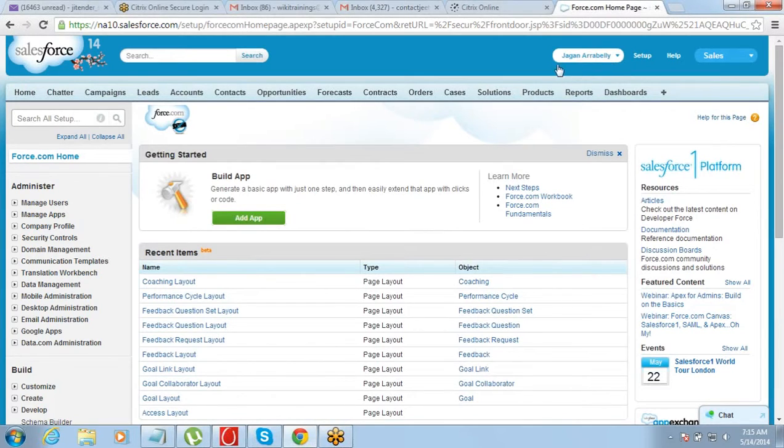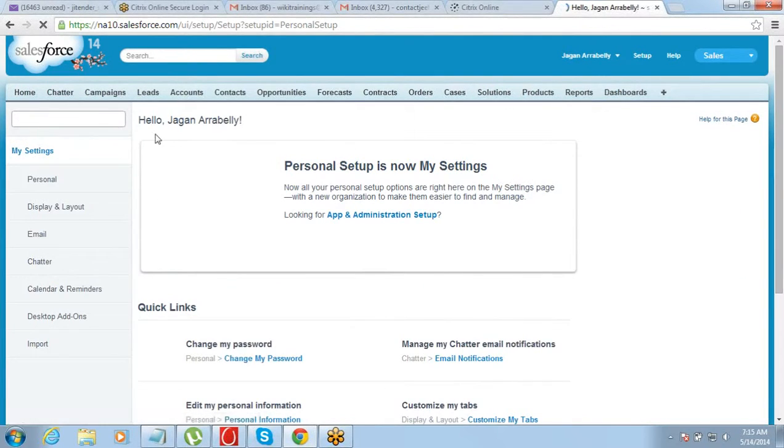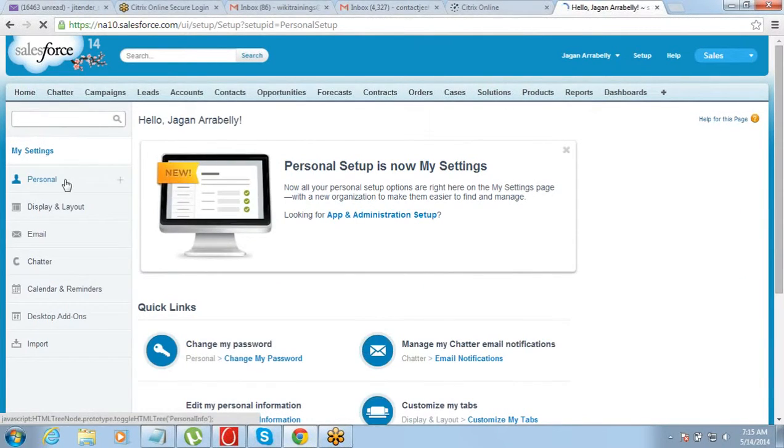Now you see your name here. If you click on your name, there you will find My Settings. If you click on My Settings, this will take you to your personal settings. On the left hand side you will see My Settings and all, right? So in case you want to do your personal settings, you should click on your name and then click on My Settings.